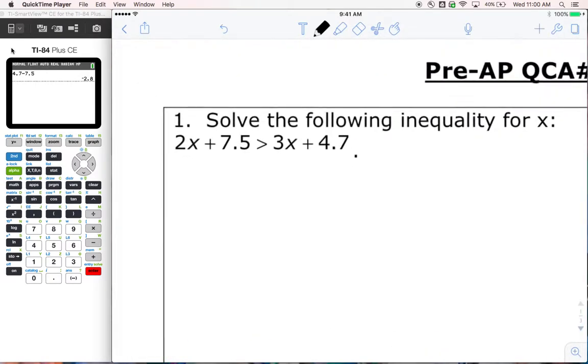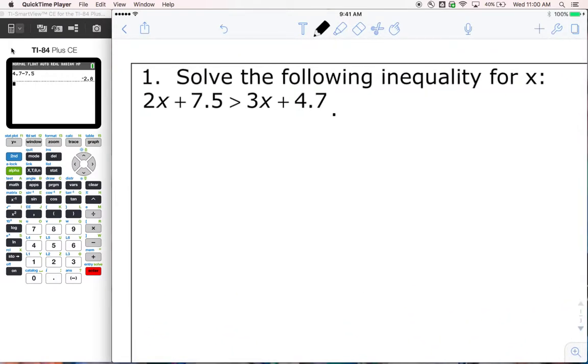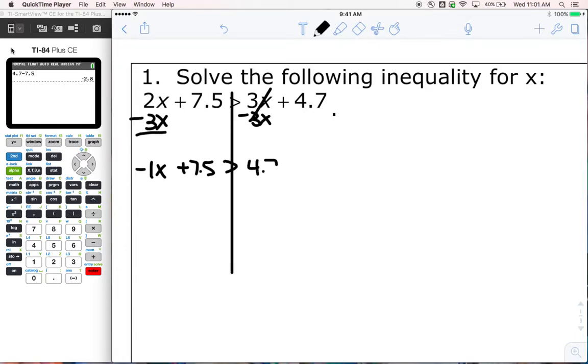All right, looking at the first one, solve the inequality. We're going to treat it like an equation and solve this thing. We're going to subtract 3x from both sides. That's how I personally like to start these. I've got negative 1x now plus 7.5 is greater than 4.7. Next, we've got to get rid of the 7.5, so I'm going to subtract that from both sides, and I get negative 1x, and you can see I did the math over here in my calculator already,